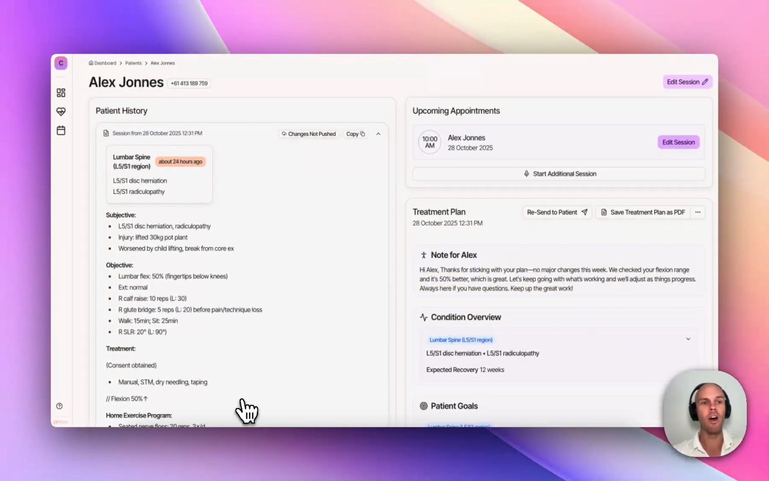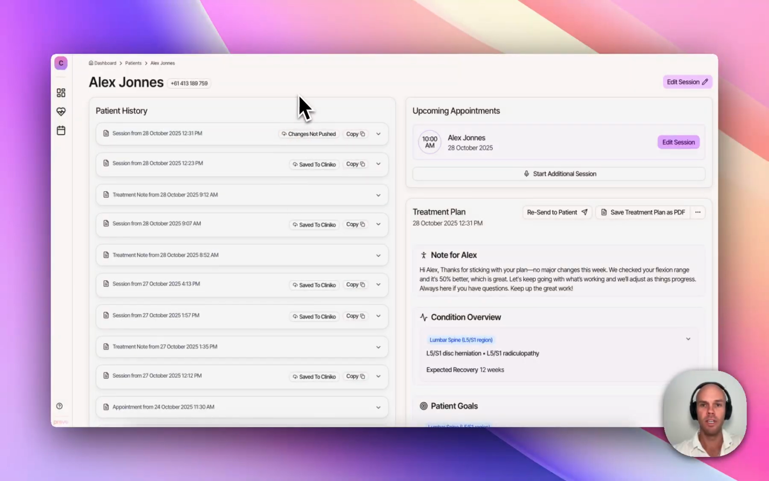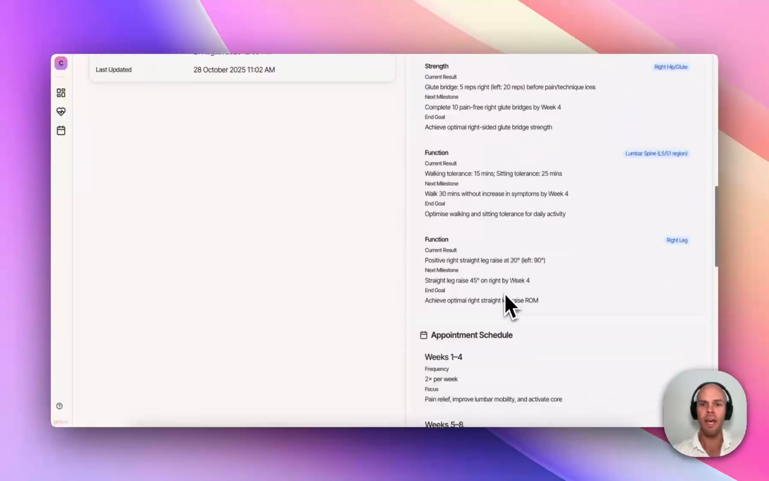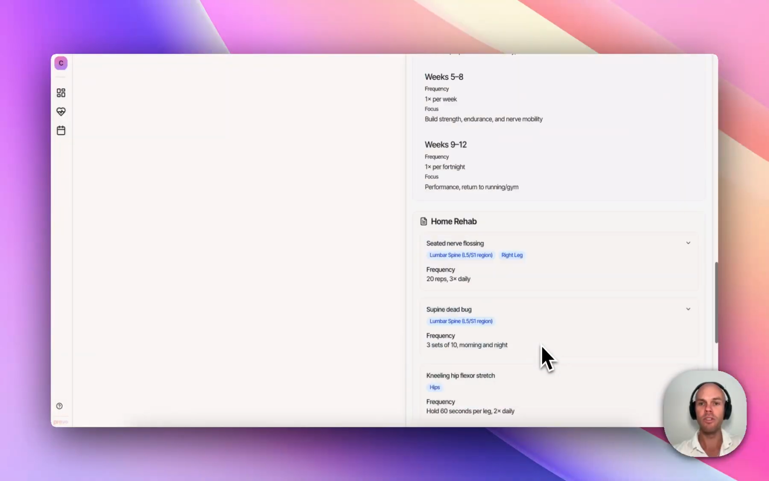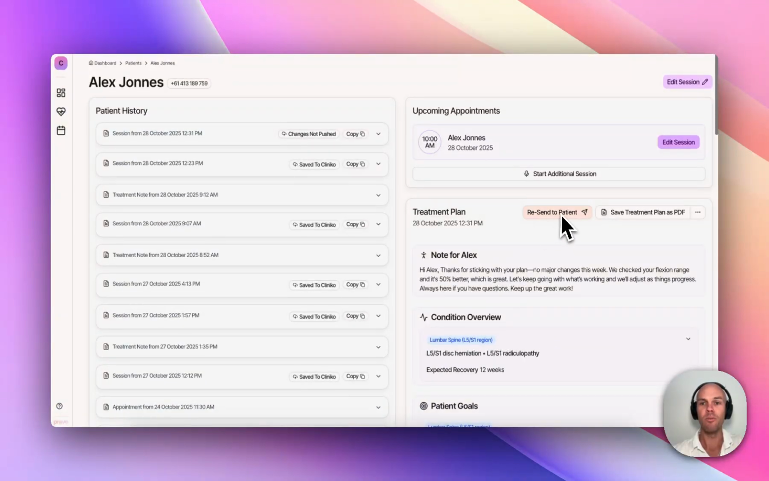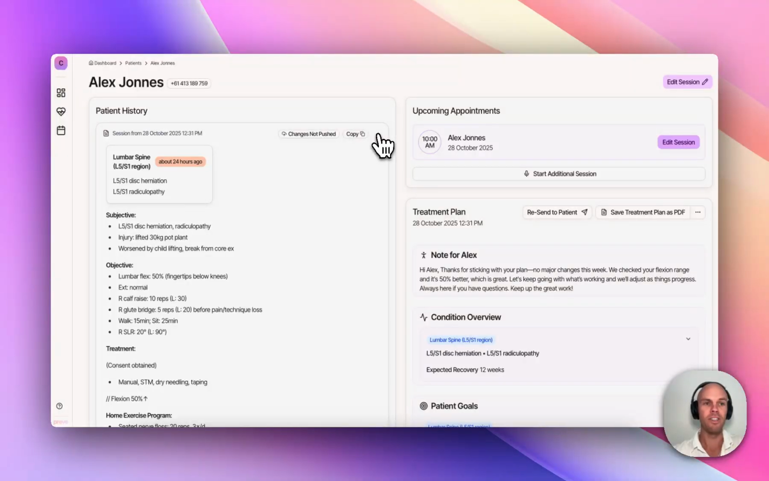The patient's profile page has everything you need to know about your patient. It has all of the historical clinical notes, the upcoming appointments, the patient's treatment plan, and any documents that you've created for the patient. You can always come back here later, create extra documents, download letters or documents that you've created, resend the plan to your patients, or make edits to your previous session's clinical notes by going and editing